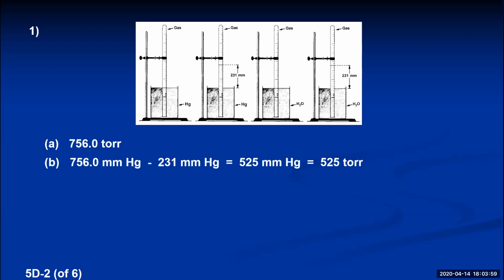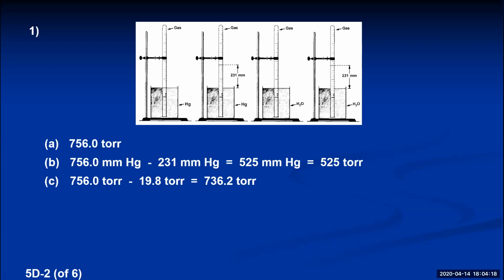It was given that at 22 degrees Celsius, the water vapor pressure is 19.8 torr. So if we subtract out the amount of pressure due to the water vapor, the remainder will be the pressure of the hydrogen gas, which is termed dry hydrogen gas pressure, and that comes out to 736.2 torr.